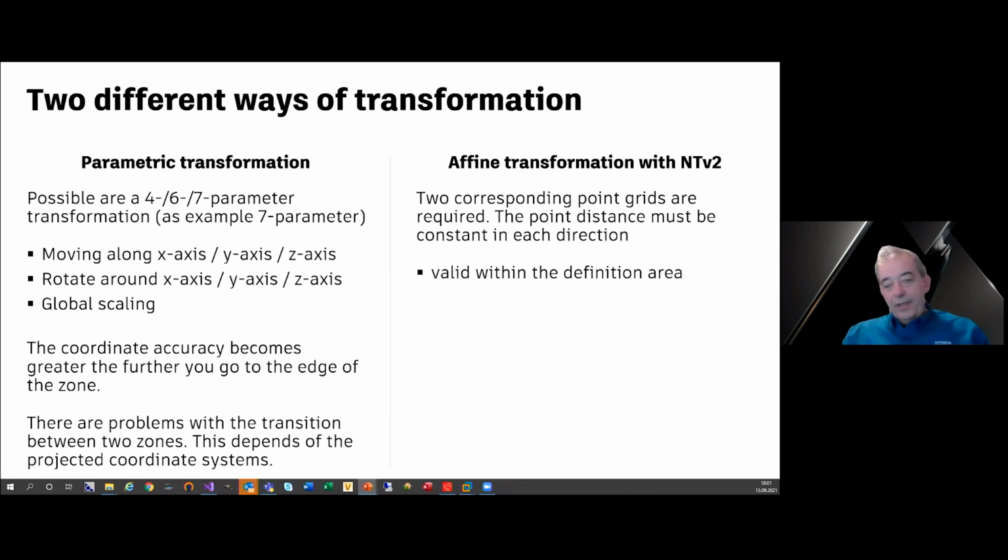For each NTV2 file, you have to define a definition area, and the point is valid for this file when it is inside the definition area. You can use a couple of NTV2 files at the same time. They can lie side by side, they can be stacked or overlapping.